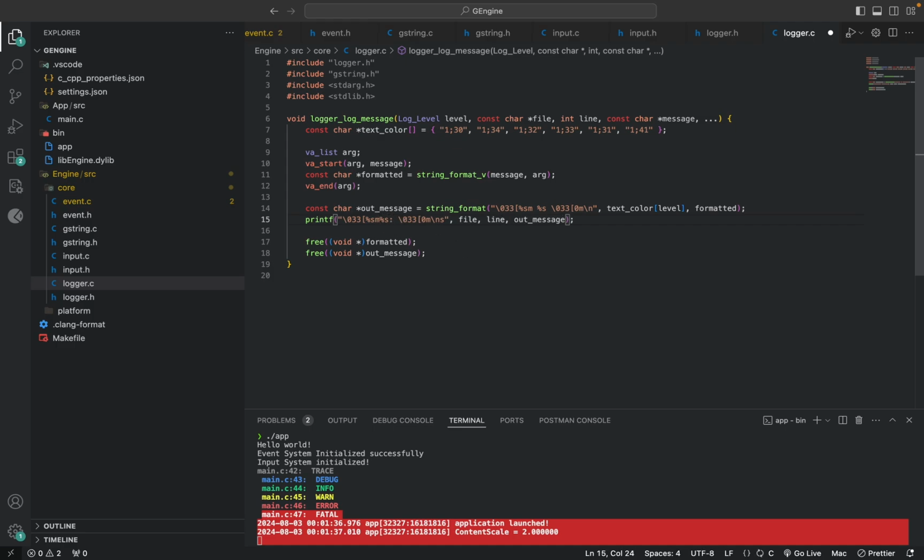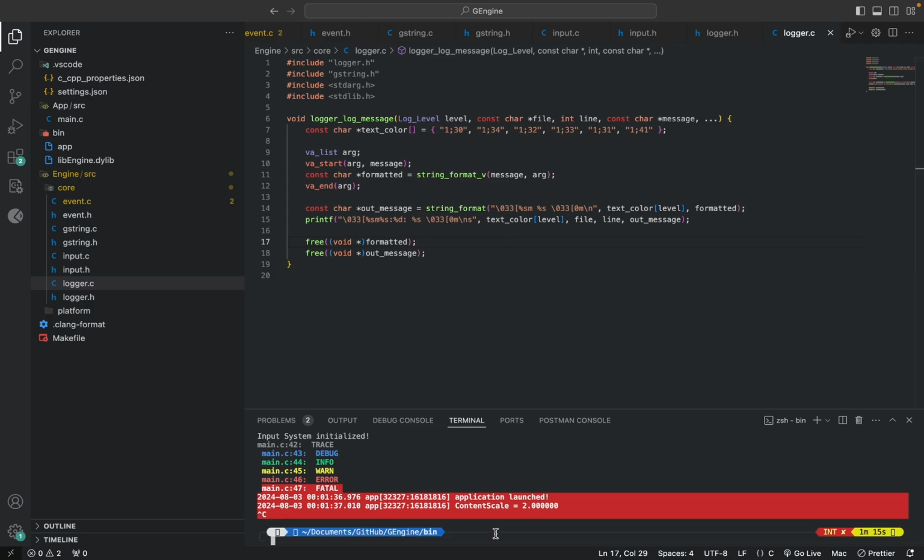Then we're going to need a colon for the line number. And then we're going to do D for line. Then an S for the message. So everything else still works. We only need to add this in front here, like so. So make sure that you have it formatted in the best manner, and I think that will get rid of this